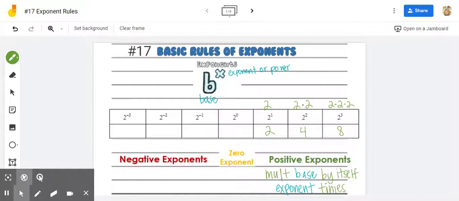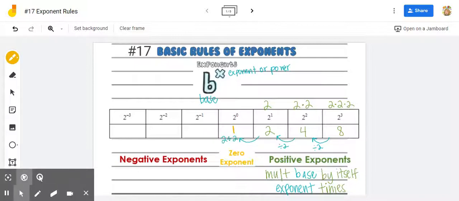Now, I'm hoping you guys are seeing a pattern emerging here between your numbers because that's going to help us with the zero exponent and negative exponents. So to go from 8 down to 4, we divided by 2. To go from 4 down to 2, we divided by 2 again, which means to get this zero power piece, I literally would take 2 and divide it by 2, which ends up giving us